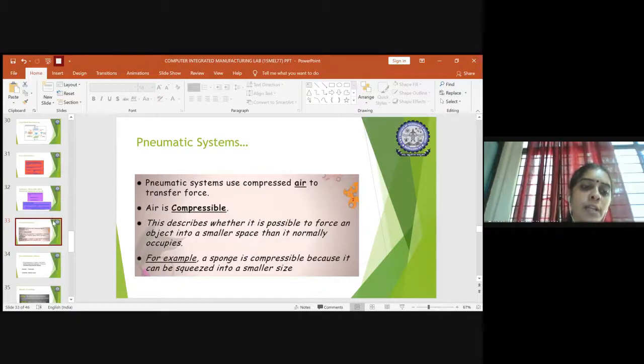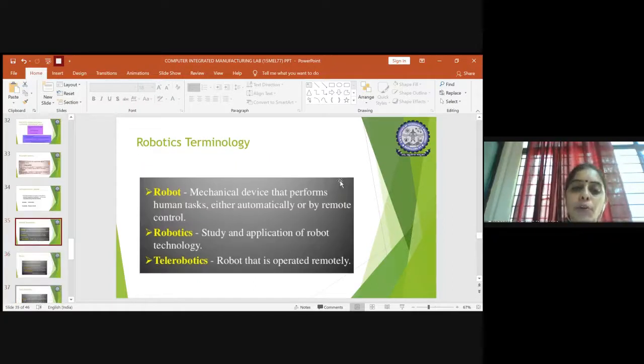You will be using pneumatic systems and hydraulic systems with robots. You know what a robot is. It is not a new area for me to explain again, but still, a small brief introduction. It is a mechanical device that performs a human task. The task could be done either automatically or in a remote-controlled way, right?